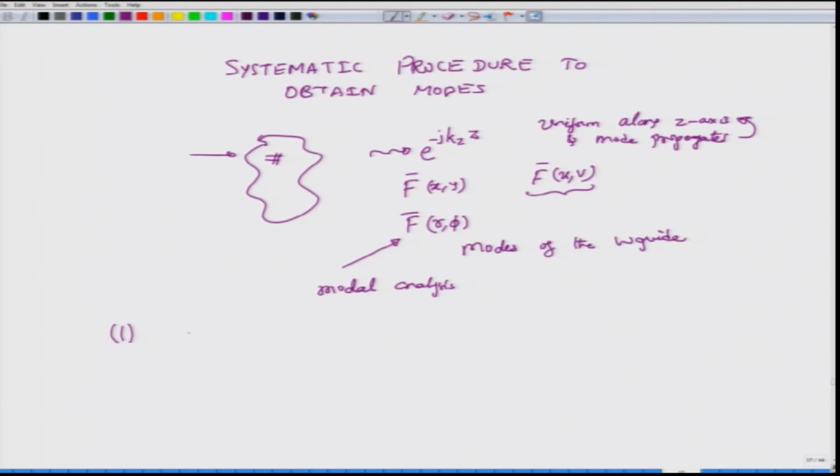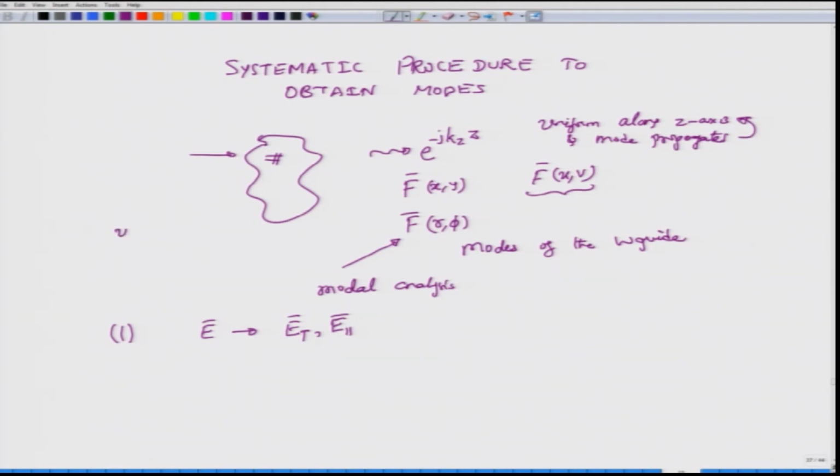The idea here is that I know that the electric field actually has two components, right. So, I have what is called a transverse component and then I have what is called a parallel component. The parallel component is the component that would be along the z axis for the case that we are considering, or in general it would be the component along the direction in which the waveguide itself is extended. Okay. And this E t corresponds to the transverse components, that is components which are in the plane that is transverse to the direction of the waveguide.